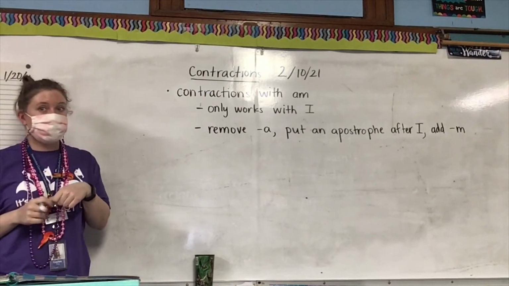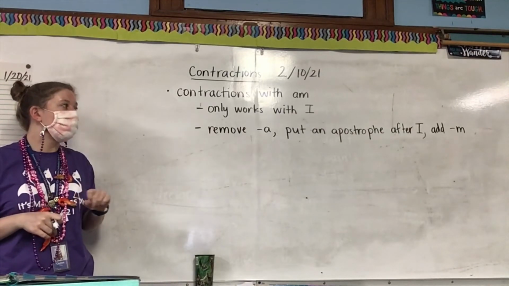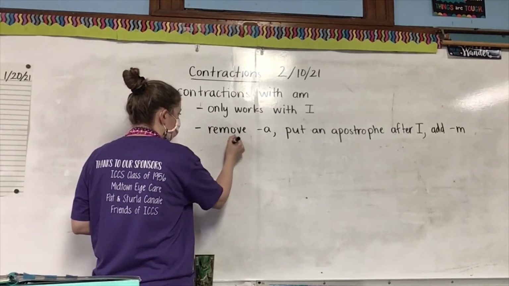It's the word I. What you do is you remove the A, put an apostrophe after I, and add the letter M. So for example,